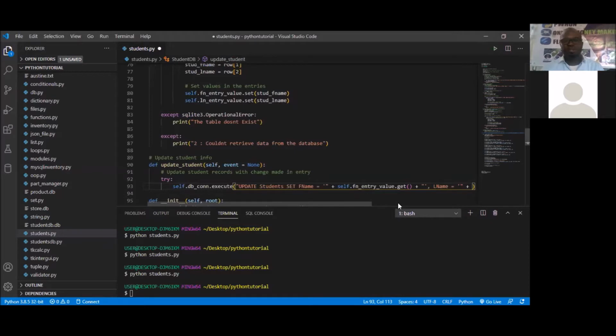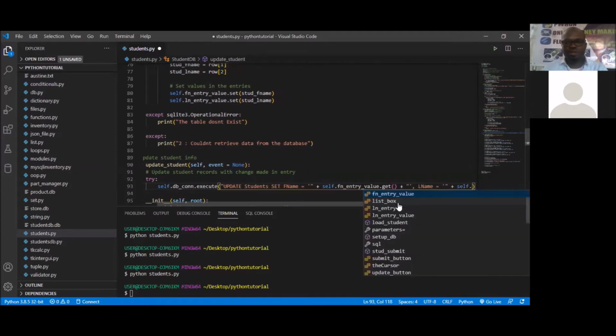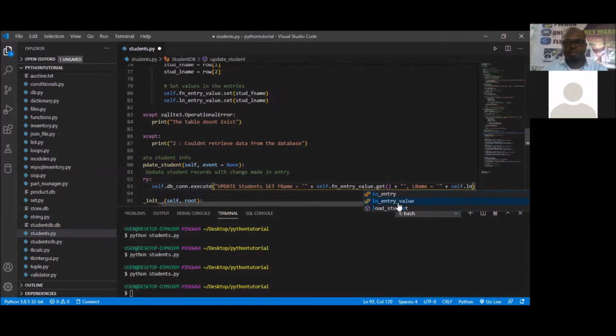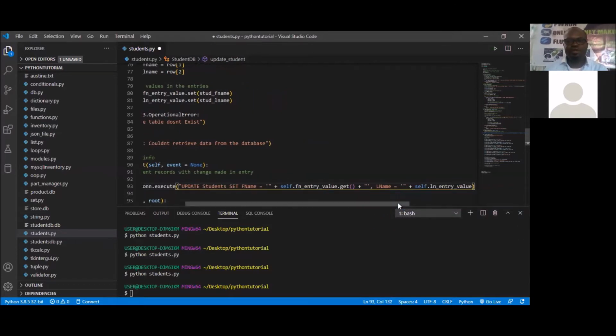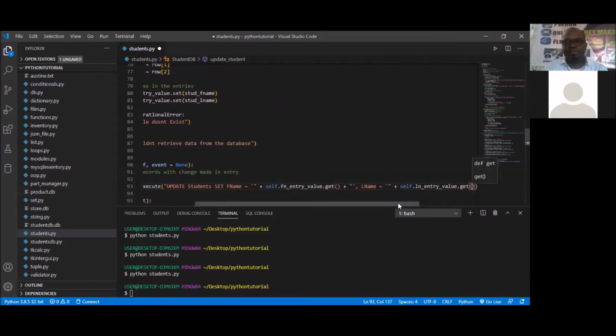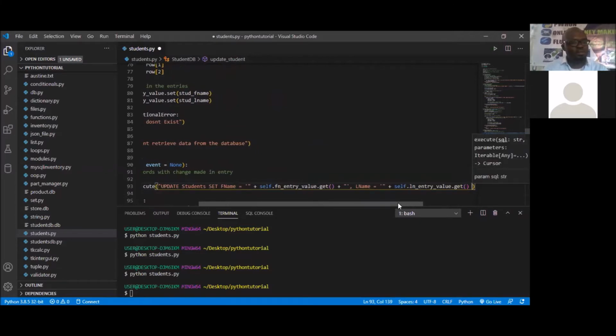The last name is going to have the last name, which I can also get from where? Self dot ln_entry_value is already there, so dot get. If I'm done with that, I'm now simply going to say plus